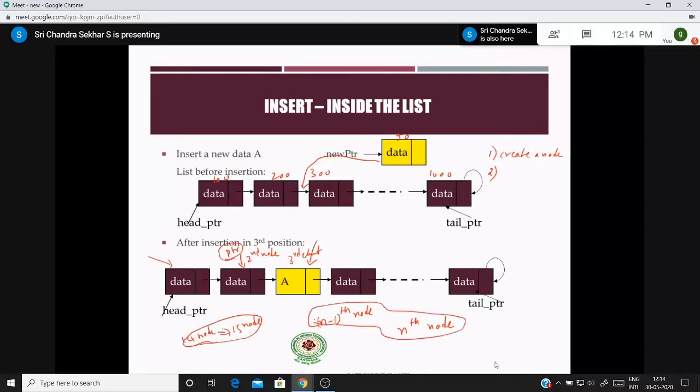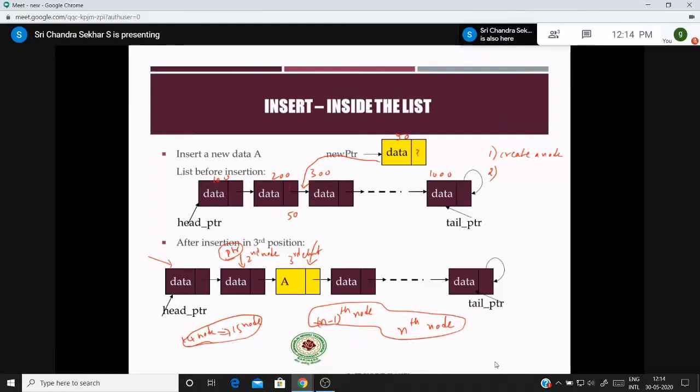So whenever you want to insert an element, you should have a pointer that points to the previous node or previous location. Therefore, one pointer is pointing to the second node. What I have to do? I have to make this link part point to 50. Therefore, I make it as 50 here, and the link part of the new node should consist of the address of this node.